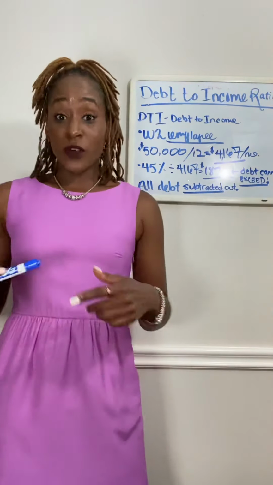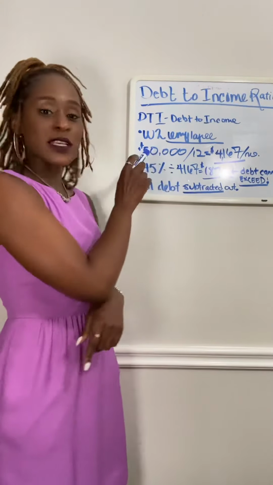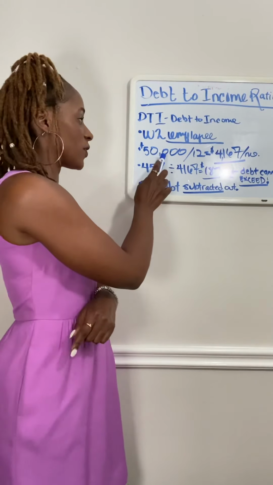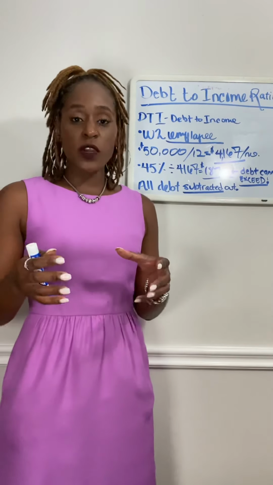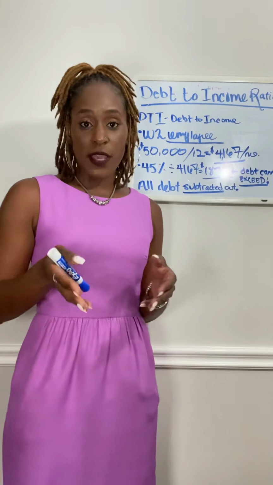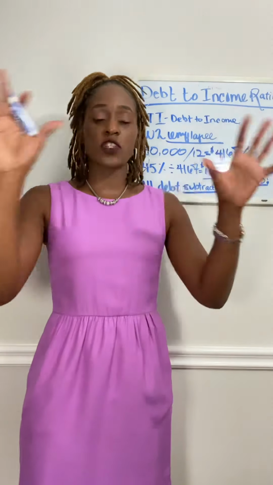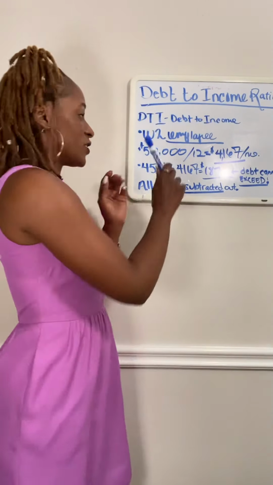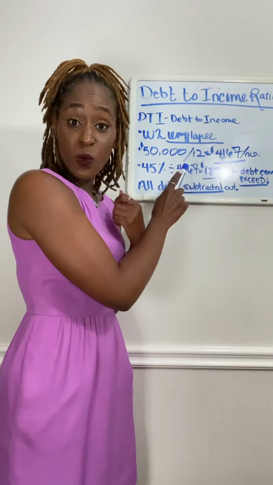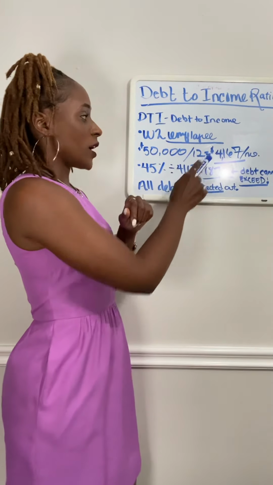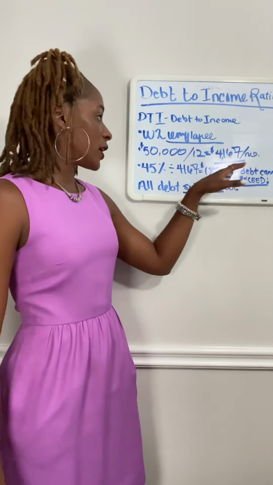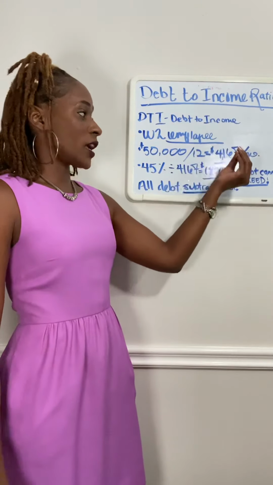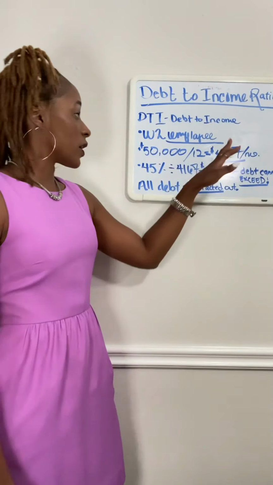For starters, we're going to take somebody who makes $50,000 a year. The lender is going to divide that by 12, because there are 12 months in a year. They want to look at your debt over the course of a year. So take $50,000 and divide that by 12. That gives us $4,167 a month, which is the amount you have coming in per month. They're going to then take that